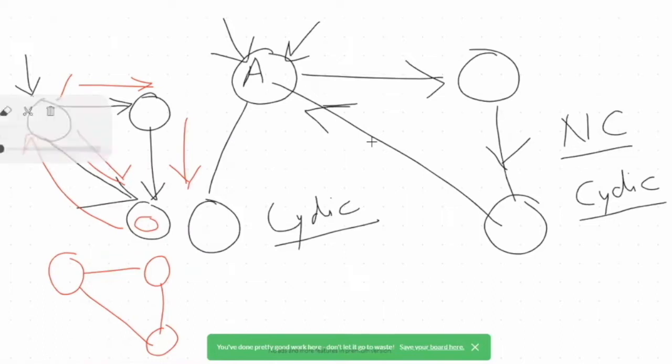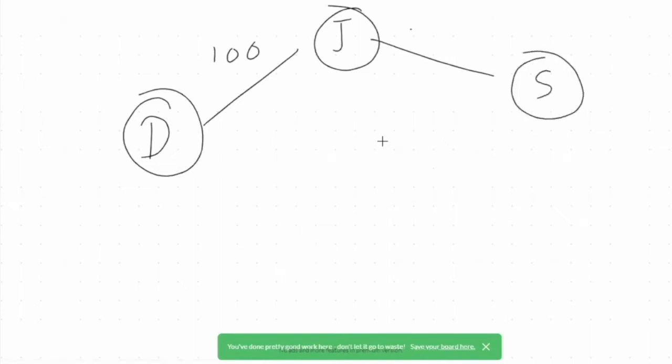Okay. Now you come back to our initial question. Say this is Delhi. Okay. And from Delhi to Jaipur, I know there is a road connectivity. Let's say the road connectivity here is 100 kilometers. From Jaipur to, you can say, Satna, there is again road connectivity. Let's say it's 400 kilometers.